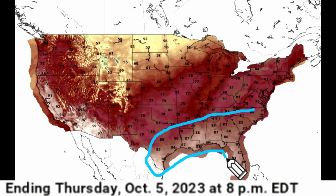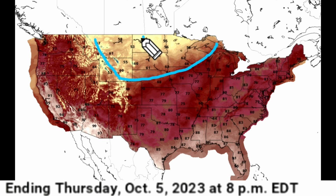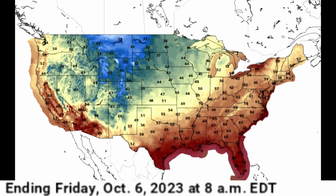Now, in terms of your temperatures for your Thursday afternoon, we're still very warm with mid-80s here across portions of the south and east, but where we have 50s is up here into portions of the Dakotas, Minnesota, as well as portions of Montana and Wyoming. Of course, in the higher elevations there in the Rockies, we've got some 40s as well. And the nighttime temperatures are going to be what's, of course, most impressive with this. And yes, we will get some freezing temperatures Friday morning into portions of Montana, portions of Wyoming, portions of the